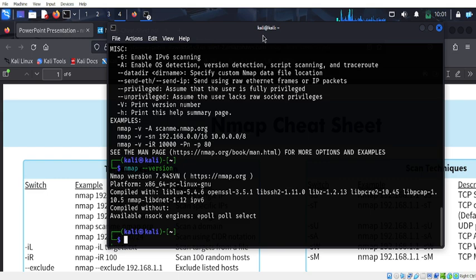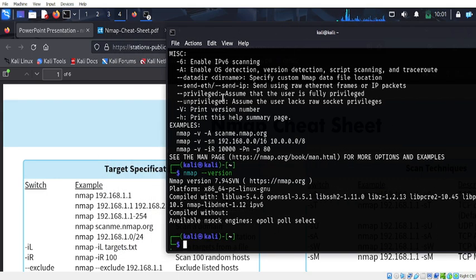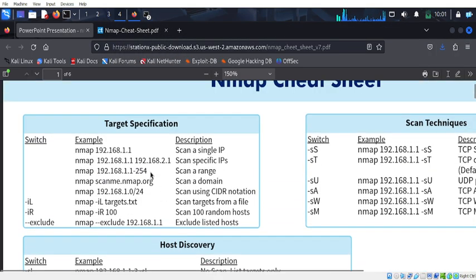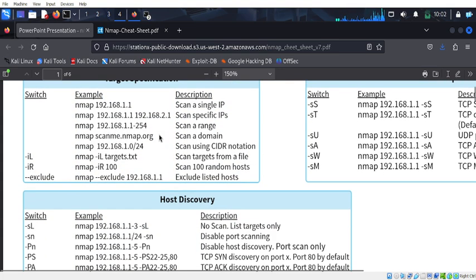If you need to scan a specific IP address and specific target, then some commands are available for target specification. By using the command nmap and the value of our IP address, we can scan a single IP address. Whenever we need to specify more than one IP address, we can specify two IP addresses, that is